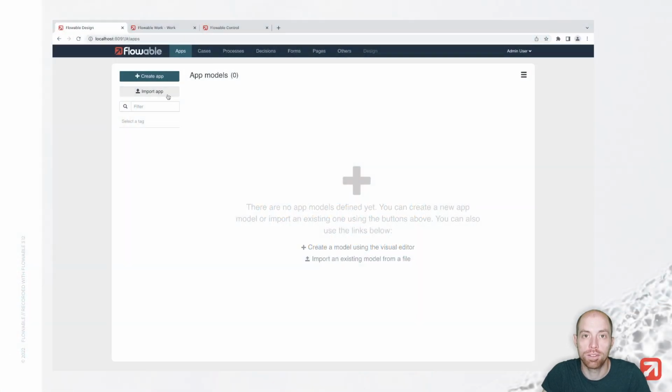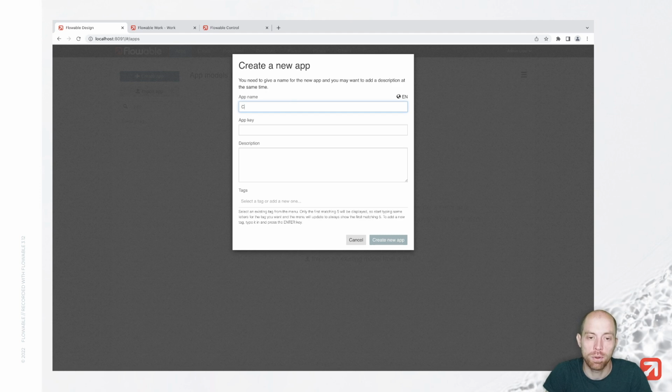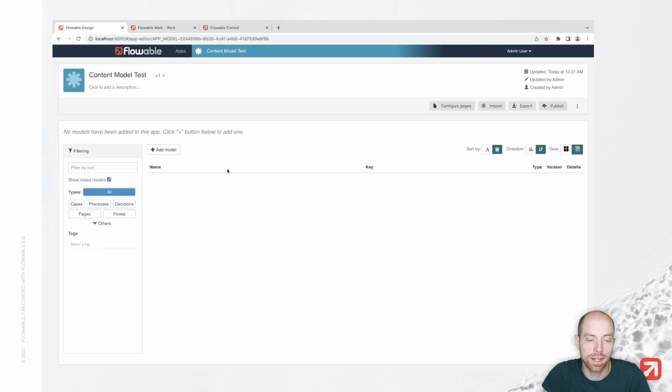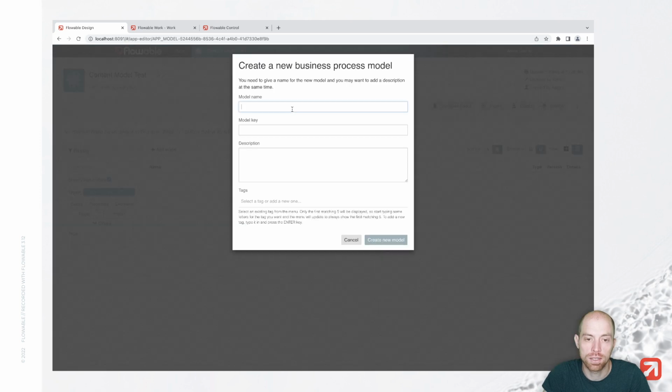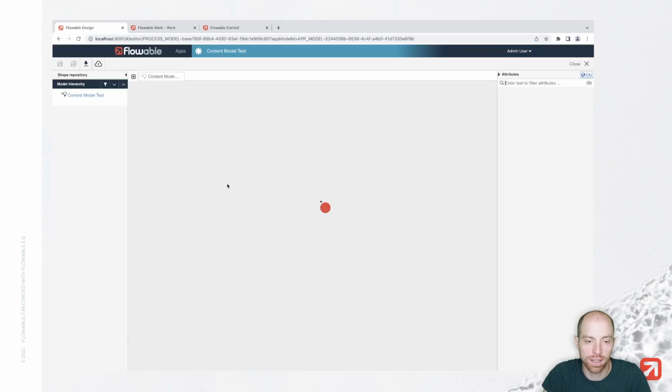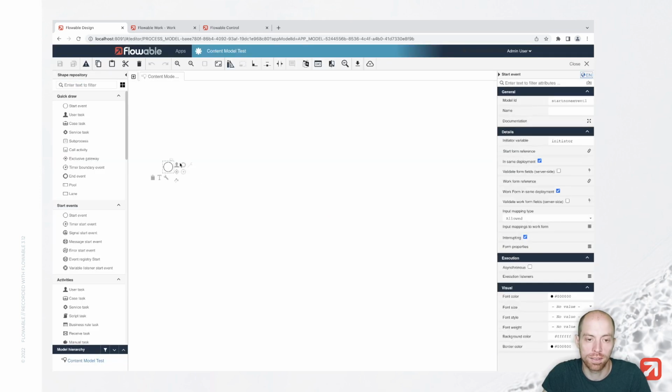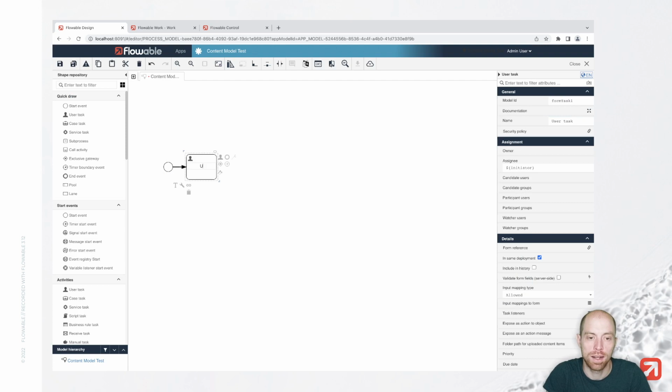Therefore, we will start with Flowable design. In design, we are simply creating a new app, content model test. And in this app, we are then creating a new process for now, which allows us to upload documents. So content model test process basically, and in here I'm going to add the simple user task, upload your documents,